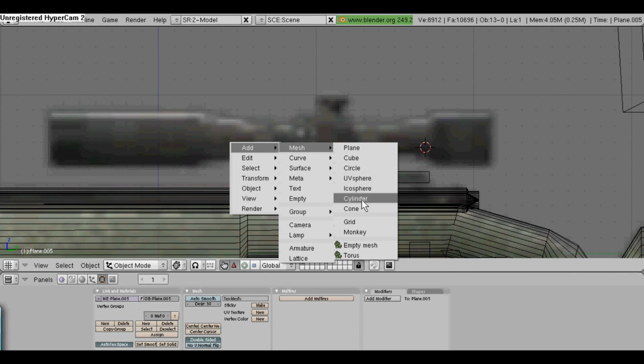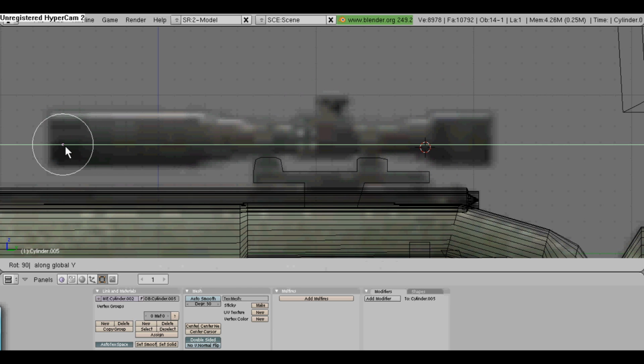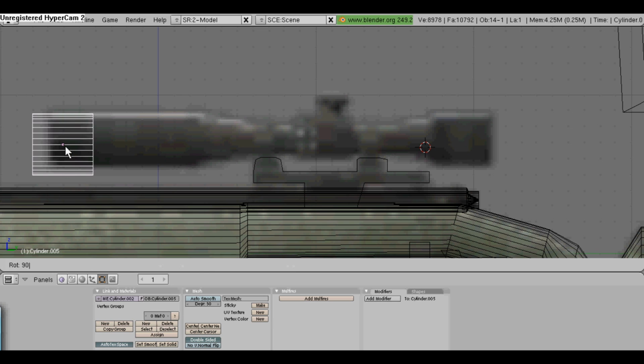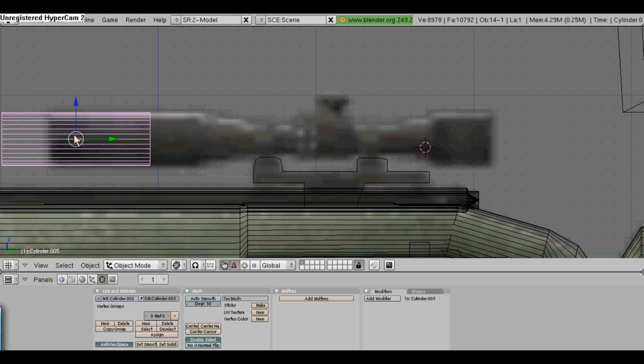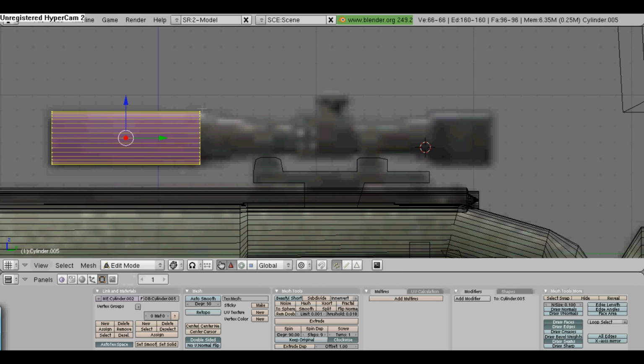Hey there, and welcome to this second part of my Blender tutorial on how to make an M40A3 sniper rifle. I haven't done it in a while, so I'm probably going to have to go fast because I don't remember exactly everything I did. But we made a cylinder here, flipped it with R, rotate 90, scale along the, that's probably